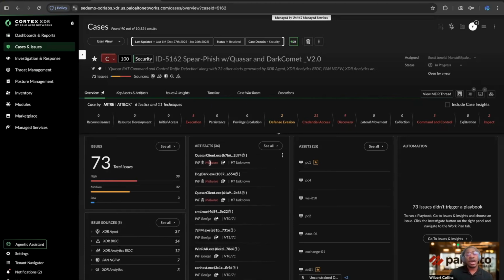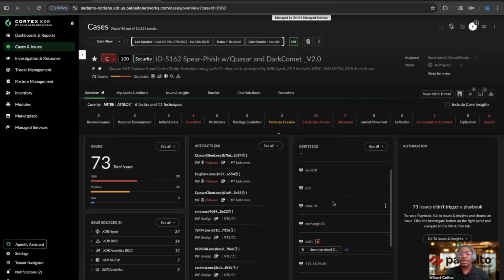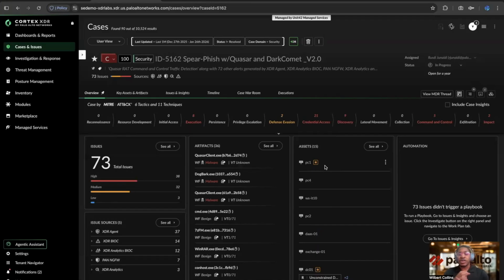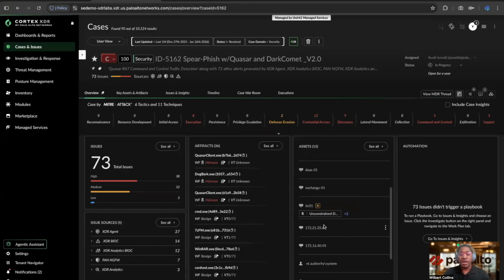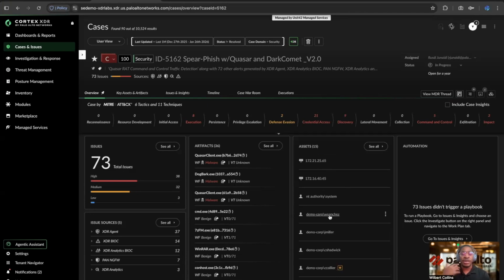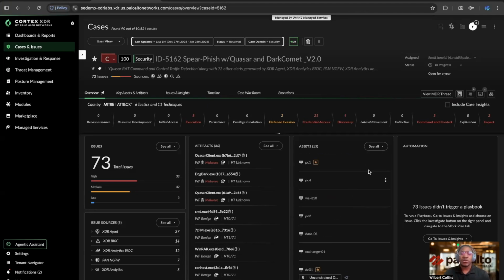So we utilize our sandbox solution, what we like to call WildFire, to be able to get the verdict, whether it's deemed malware or benign or whatever it may be. One thing I do want to mention is that anytime malware is detected, this automatically gets deemed as critical, because it ranges from low to critical as far as the cases. In the assets, here you can see certain critical assets that may have been affected during this attack within this case. So here you can actually come and see maybe, hey, I need to isolate this endpoint.